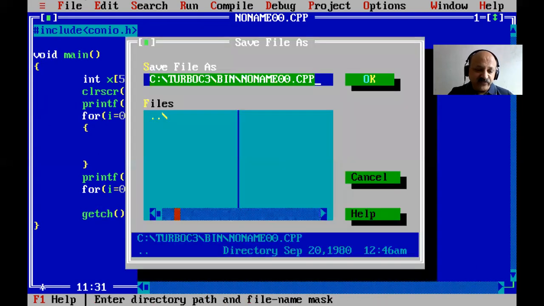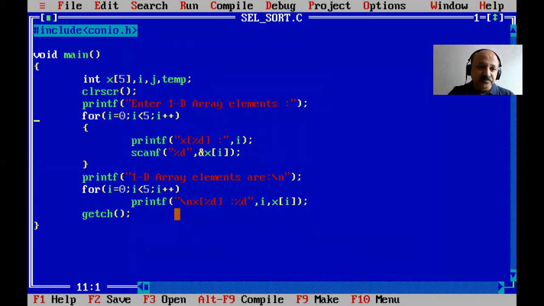So first I save the file and give it a name. The file name is also important. You can apply the rules of variable names, so the first letter must be an alphabet. You can say 1D array, or selection sort, or I give it like SEL and sort, so you get SEL underscore sort. Give the file name as meaningful, and a maximum of 8 characters is defined for file names in C language. Yes, so you can look here.